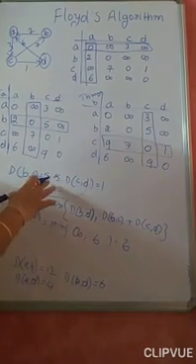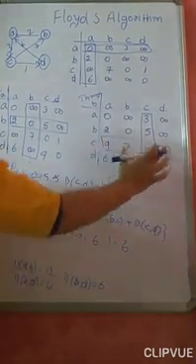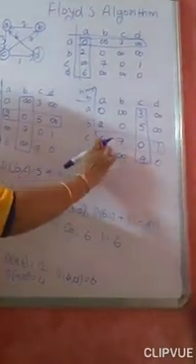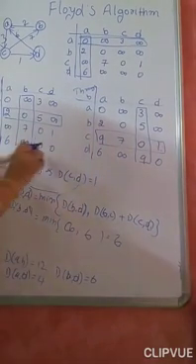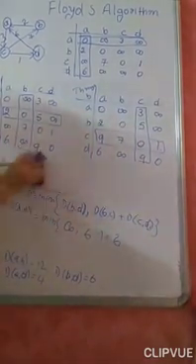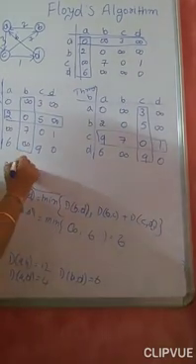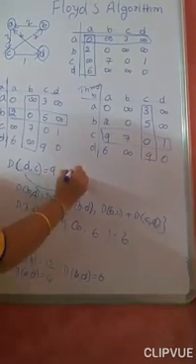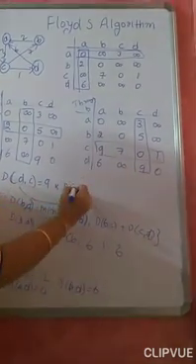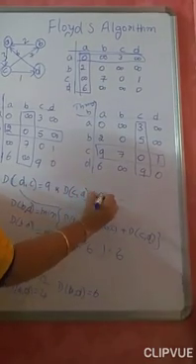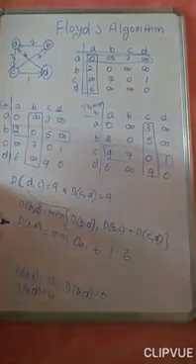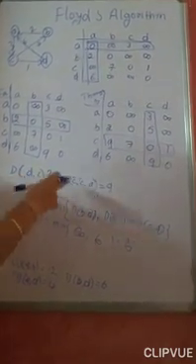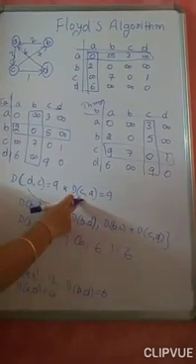So, what I have done, I have repeated the 5 with 9, 7, 1. Next thing I need to do, again repeat this 9 with the 9, 7, 1. What does that 9 represent here? D to C. D to C is equal to 9, and repeat this with this 9. Distance from C to A is equal to 9. Okay. So, D to C is equal to 9 and C to A is equal to 9.